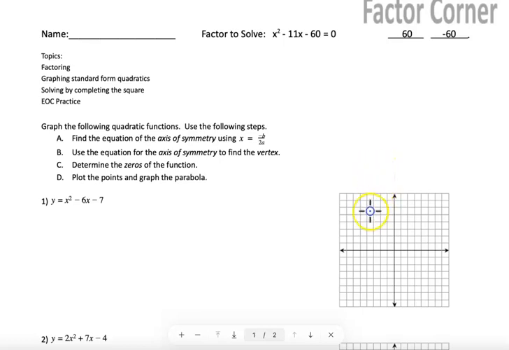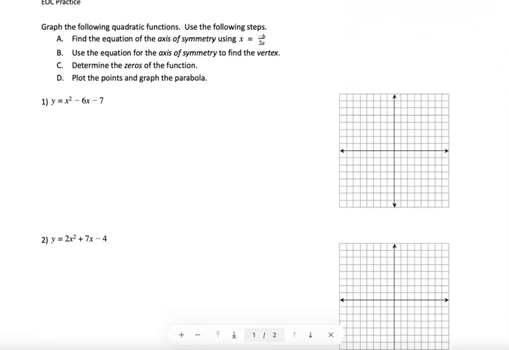All right, this will be pretty short and sweet today because if you have not already looked at 60 here, you'll see that there really isn't new material. We are just trying to review, hopefully learn from mistakes made the first time through, and really master these quadratics before our unit test. So in your factor corner, you've got a factor to solve, so continuing to work on